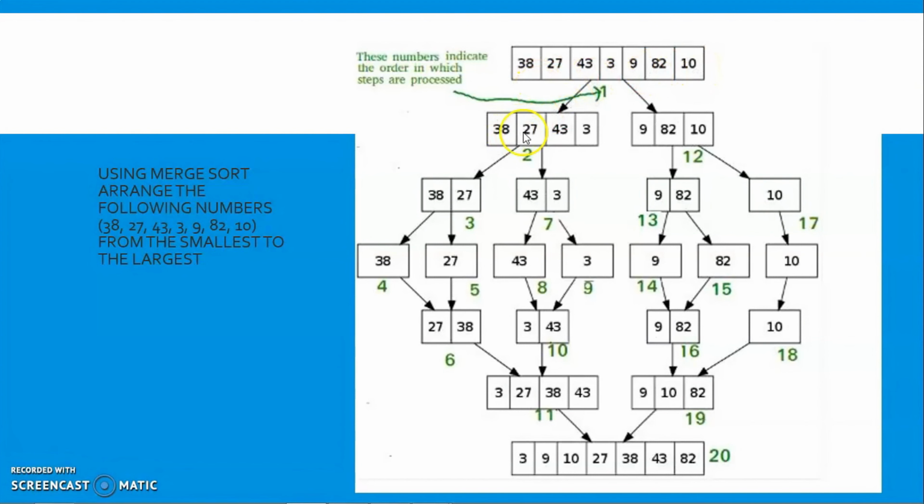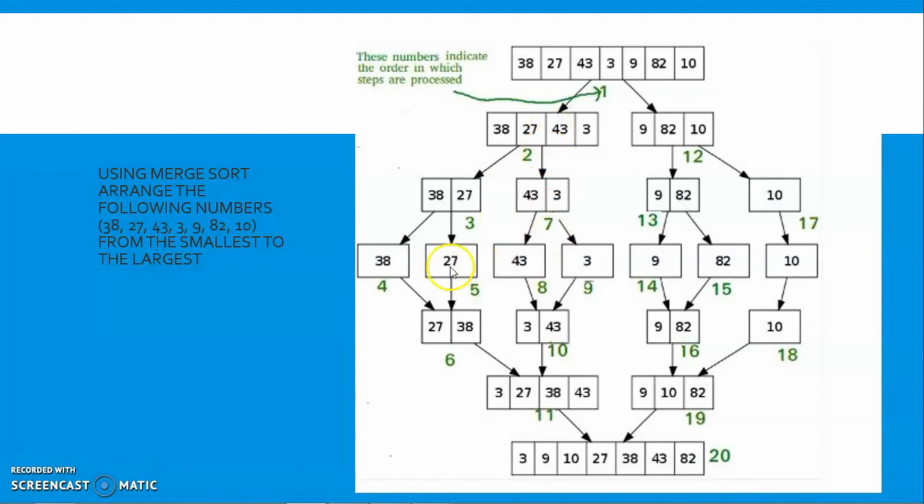So these first 4, bring them down here. This marks the order of the steps. So step 1 is to divide into two halves. These 4, you again do what? Divide into 2. So these 2 are here, 38 and 27. They are not sorted. Then after that, you again divide into 2. 38 and 27. So you go from the beginning of 4 elements into 2, to the point that you have individual